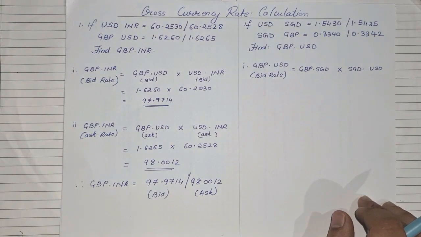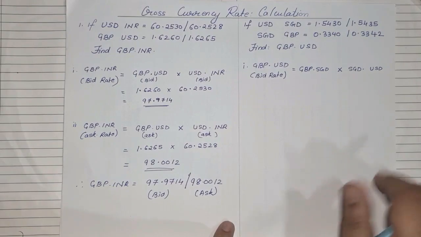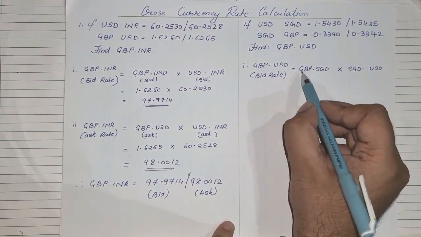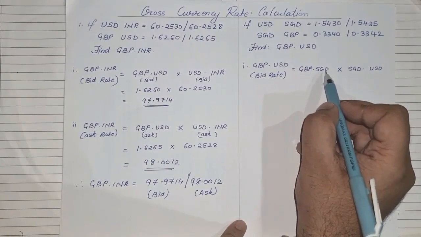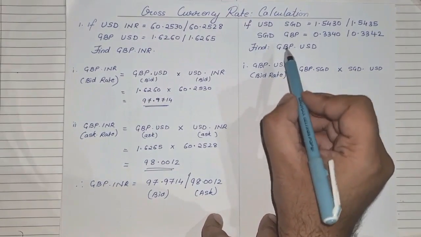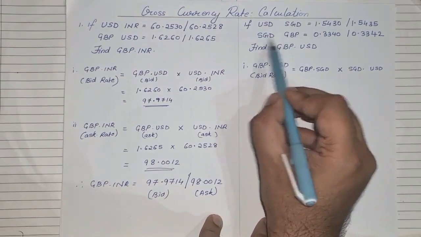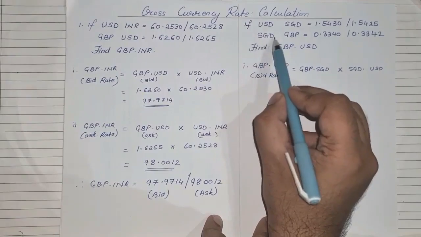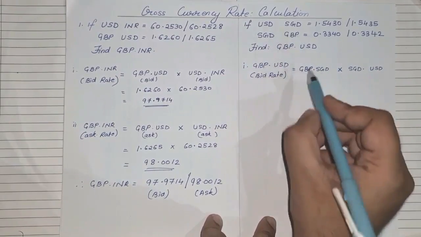Okay, now look at this very carefully. We need to find GBP to SGD. That is Great Britain pound to Singapore dollar. Now look at where these two values are seen in the question. I can see here GBP to SGD. The only issue is that in the question they have given us SGD to GBP, and we have been asked to